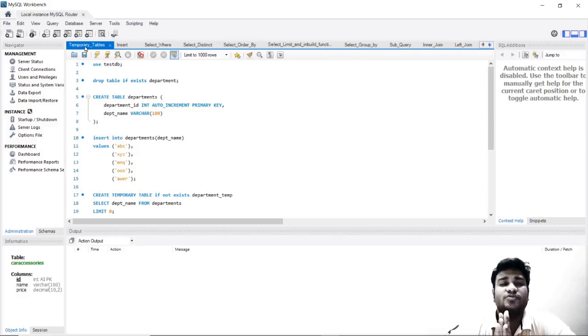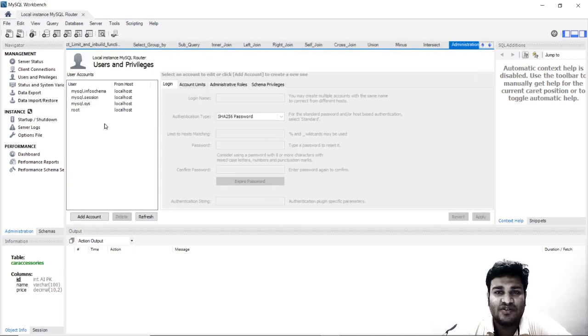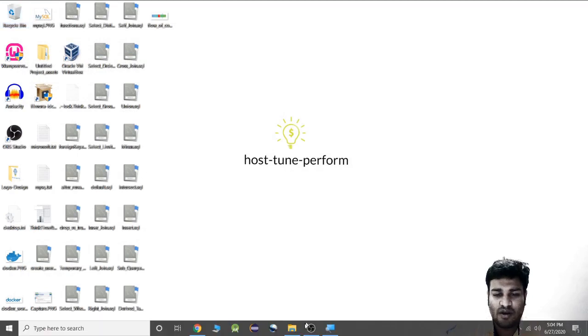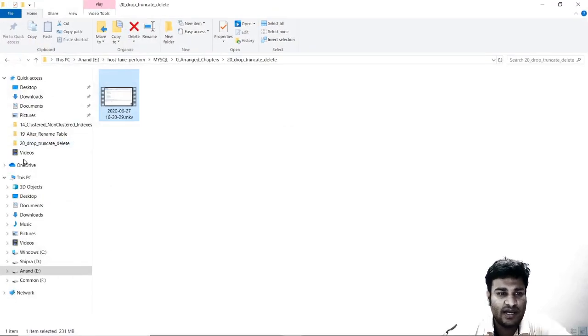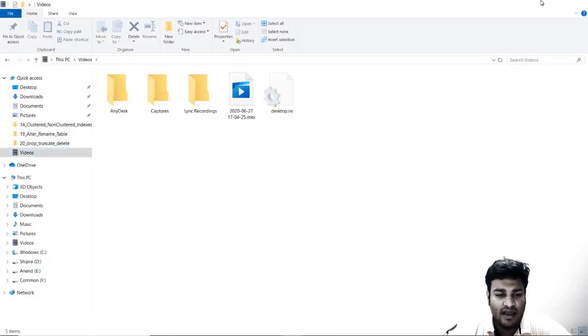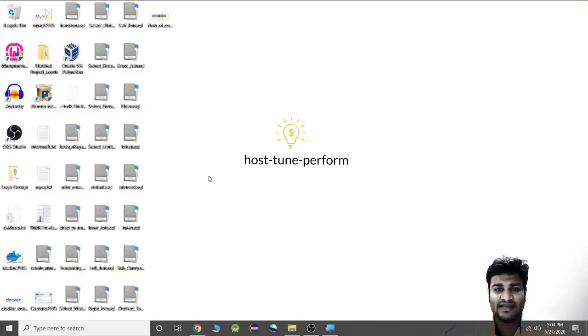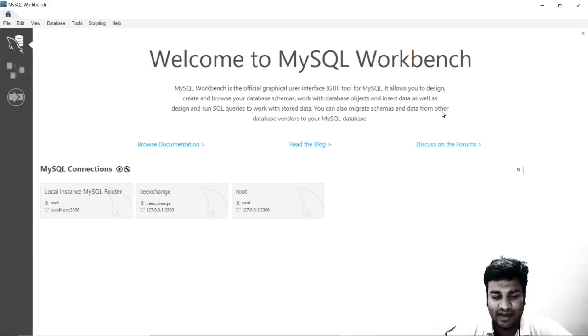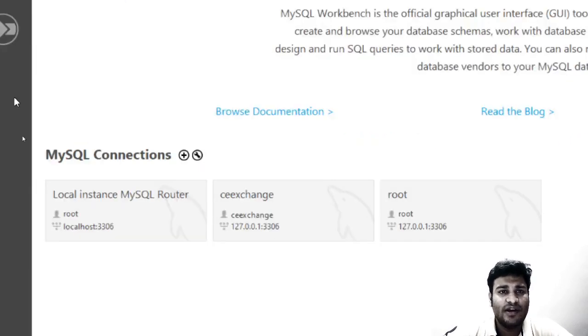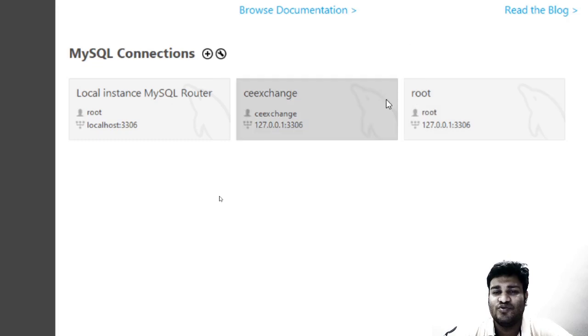So good morning friends. Today we will be talking about temporary tables. Before we go ahead and understand temporary tables, we will go back to users and privileges. As of now, I will close my MySQL Workbench, and open it again. Why I am doing it, you will realize. When I open it again, you see that we can log in to MySQL using various users.